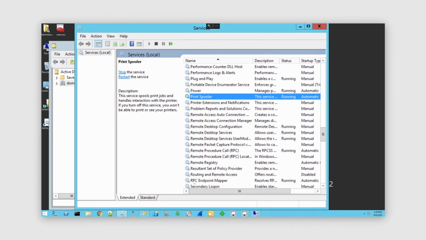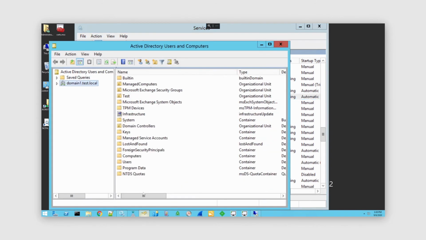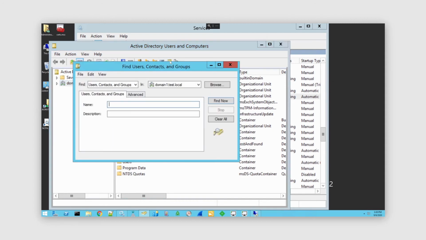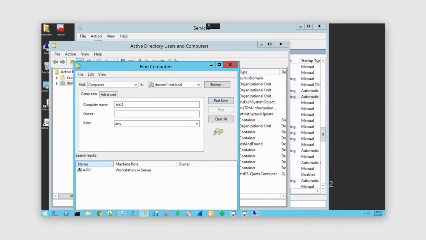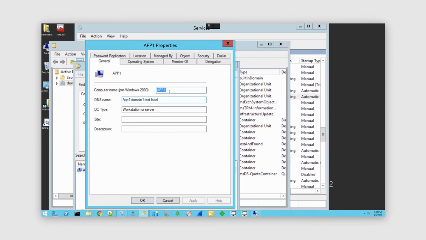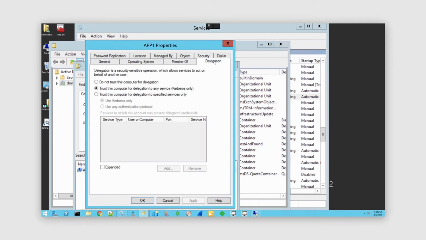Now I'm going to search for app1. I'm going to go into users and computers. I'm going to change the filter into devices. And for app1, if I click on it, I can see that on the delegation tab, it is configured for unconstrained Kerberos delegation. From here, I can either remove that particular configuration or reconfigure it to a more secure